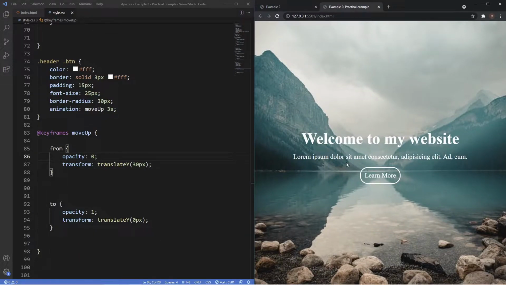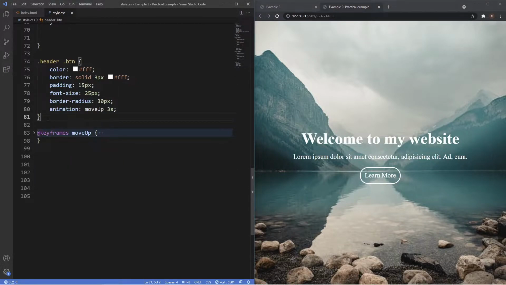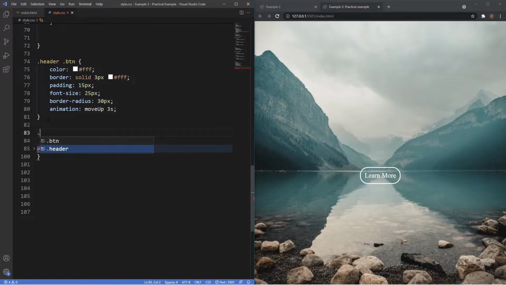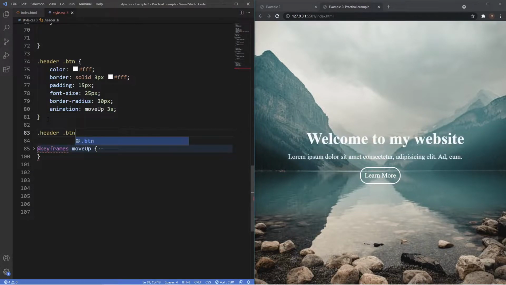So that's pretty much it for the animation. All I want to do now is actually just add a bit of styling to the button after the animation is completed. So when I hover over this, it'll push up slightly, and then when I use the active state, it'll push back down, just to give it a more dynamic look. So this is going to be really simple. Just going to go underneath the button here, and we'll grab the header, btn, and then grab the hover class,